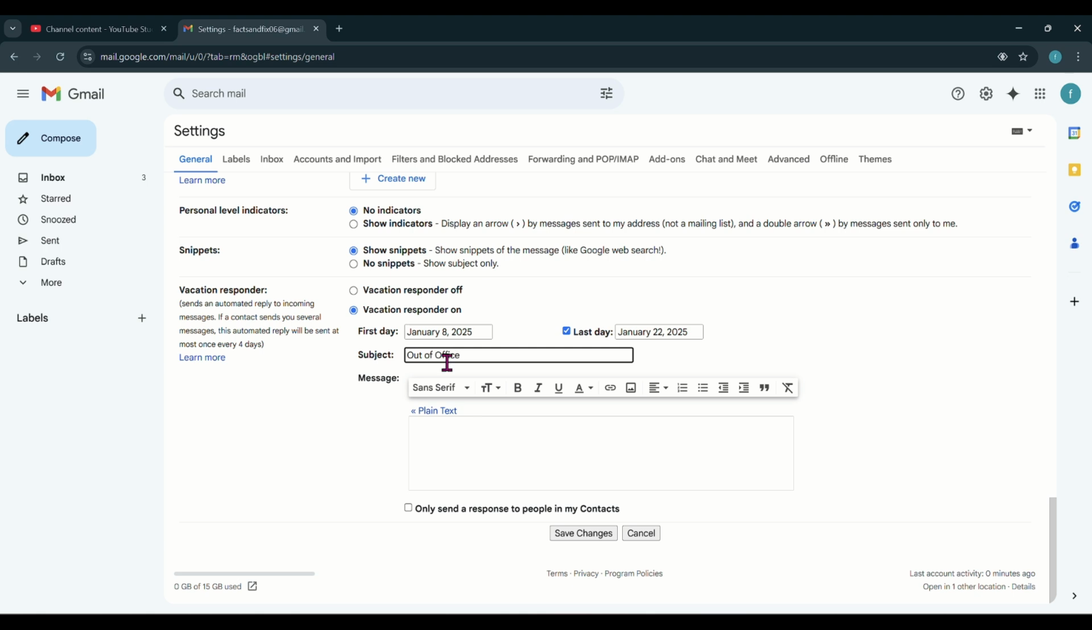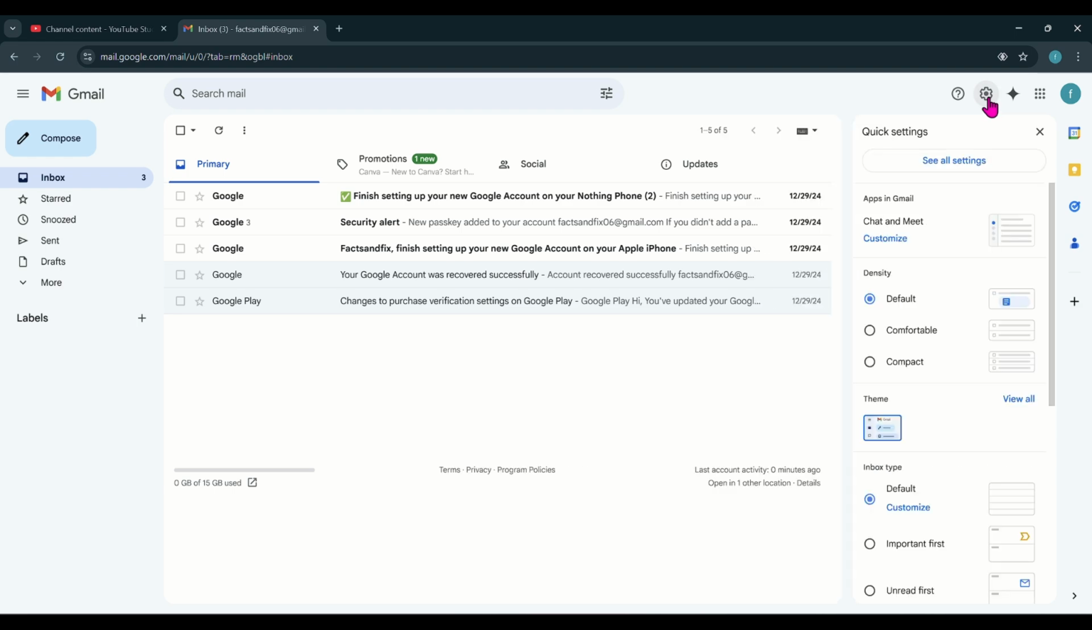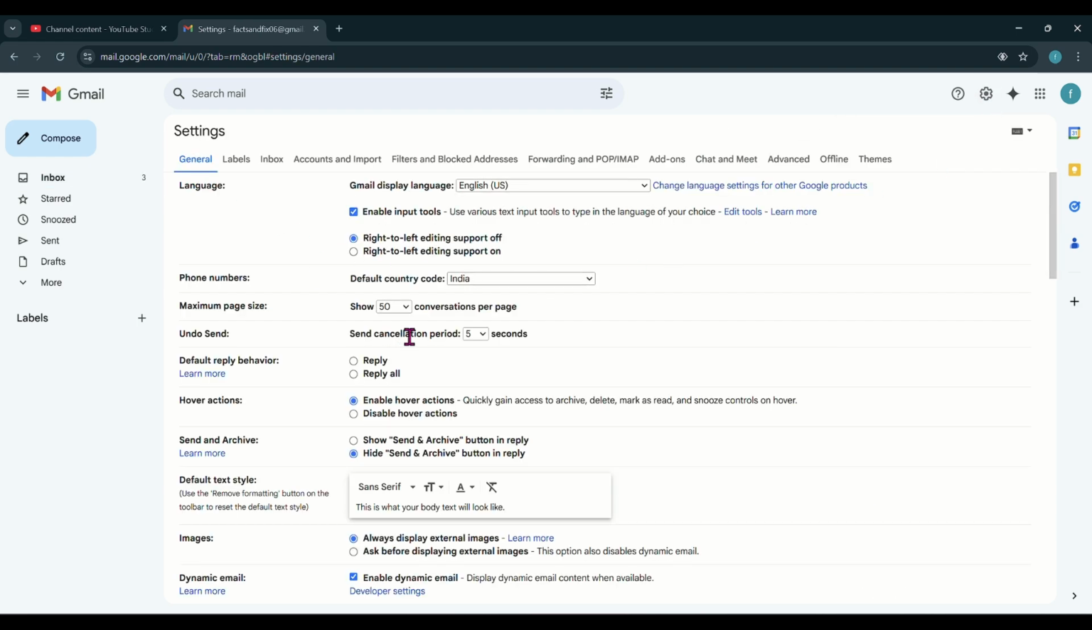Next, write the message you want people to see when they email you. For example, you could write, "Thank you for reaching out. I'm currently unavailable and will respond to your email as soon as I return. For urgent matters, please contact alternative email or phone number." Done. If you only want your contacts to receive this reply, check the box that says, "Send responses only to